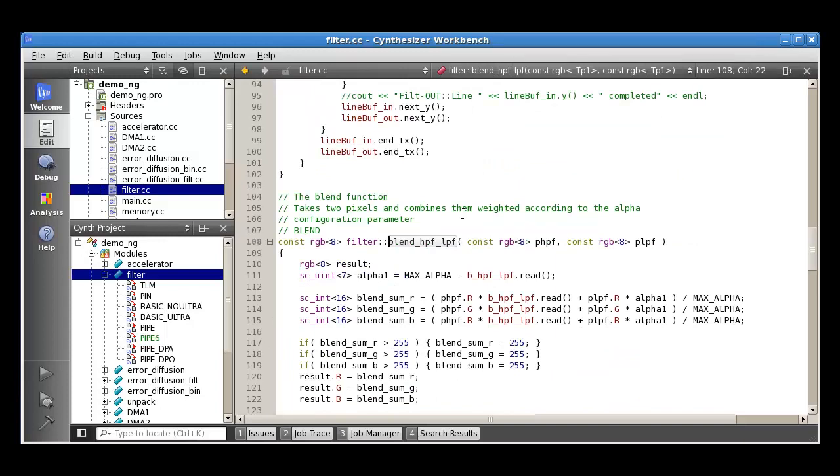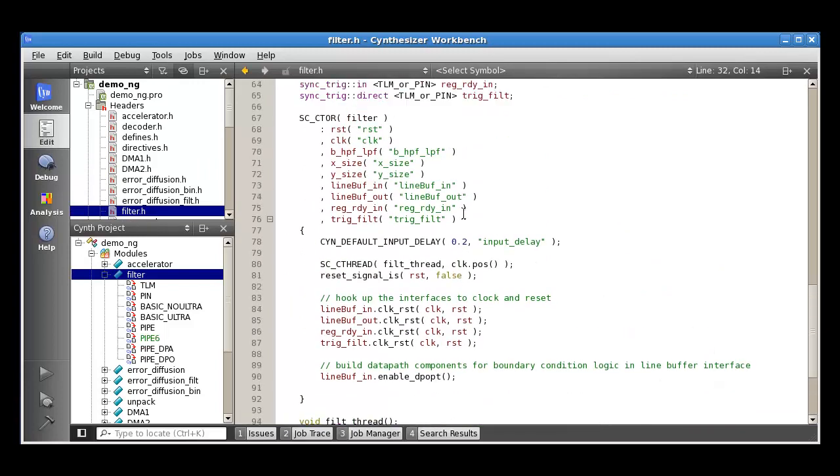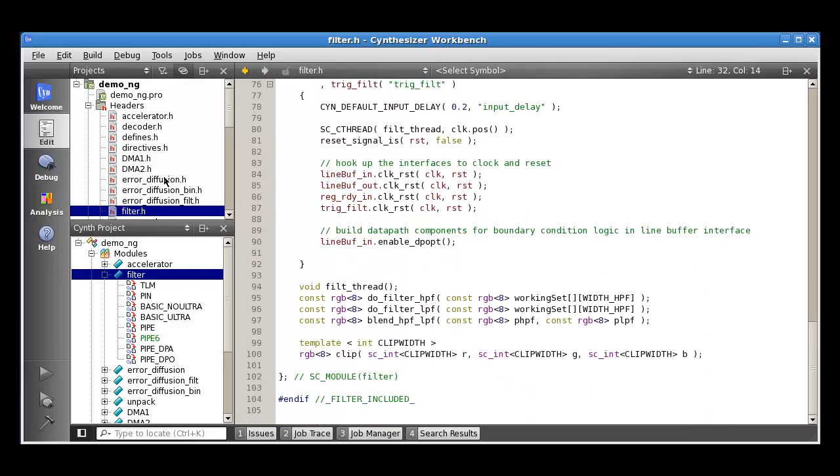We often want to edit the header file as well, so we can go directly to that by pressing the F4 function key. And as you can see, that just toggles us directly to the header file, the filter.h file. Here in this top section, we see the name of the file that's currently being edited. If we go and click on that, that's actually a menu item,